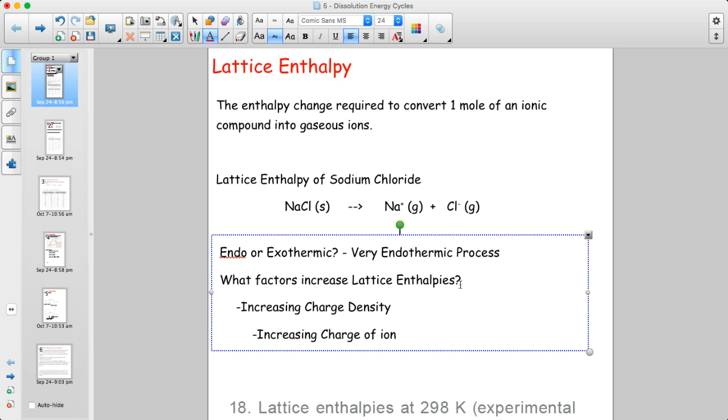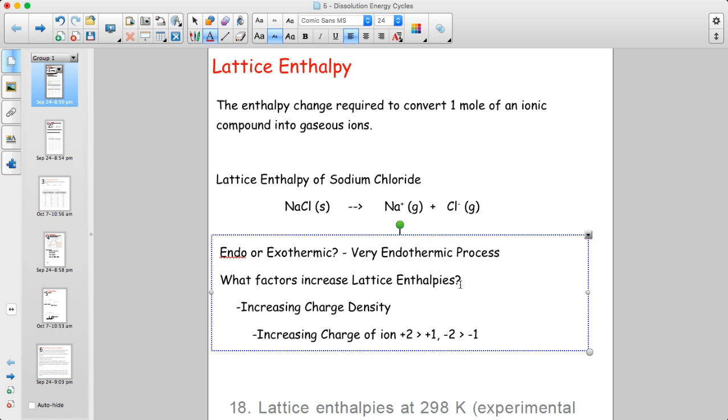So 2+ ions have greater lattice enthalpies than +1 ions. And same thing goes for minus ions. -2 ions have greater lattice enthalpies than -1 ions. And it would be the same for going to +3, +4. So higher charges, if you're asked to predict between a couple of different compounds, you'd predict that the ones with the higher charges have higher lattice enthalpies because higher charges have higher attractions, and it will therefore take more energy